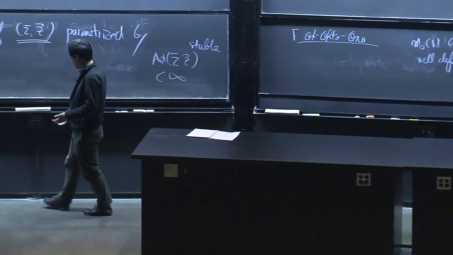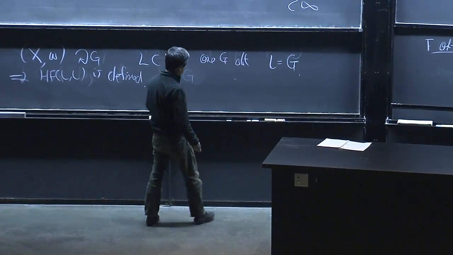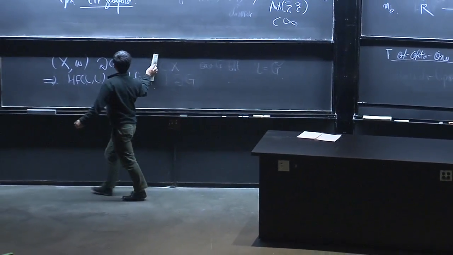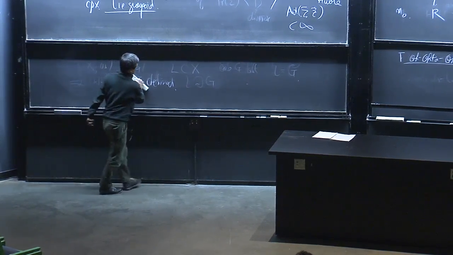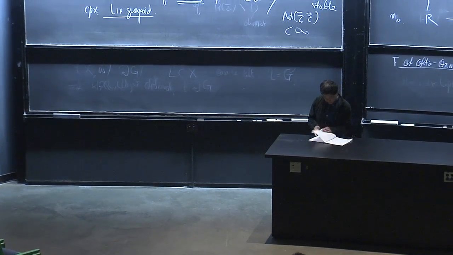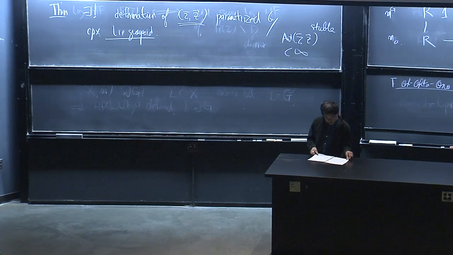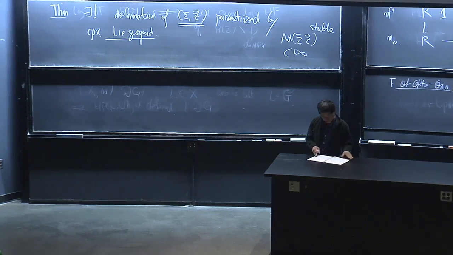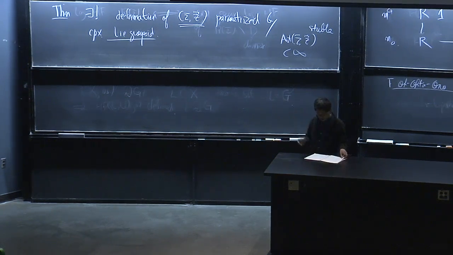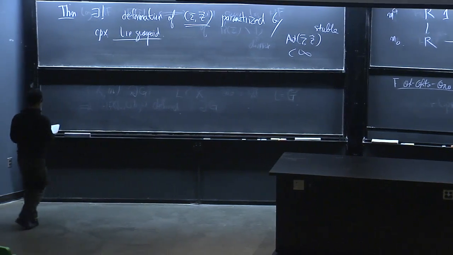Now I want to say a few words on why this kind of theorem is useful to study equivariant Lagrangian Floer theory. By the way, this theorem is written in my paper, which is on the arXiv. Let's see where it is. Okay, it is one of my papers, which has regroupoid in the title, so if you are interested, you can find it.